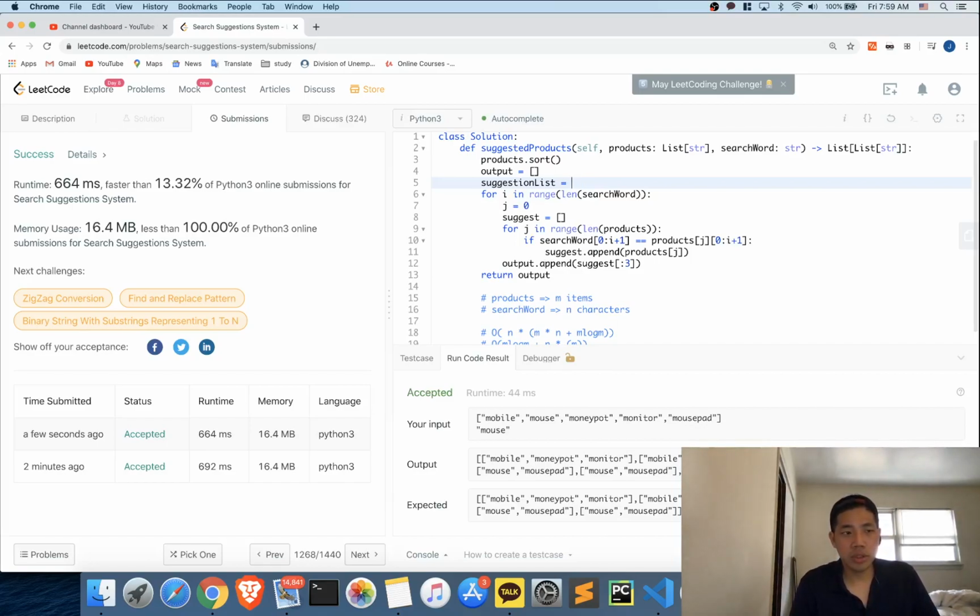So first, the suggestion list is going to be products, and let's actually do for j in range of length of suggestion list, and if